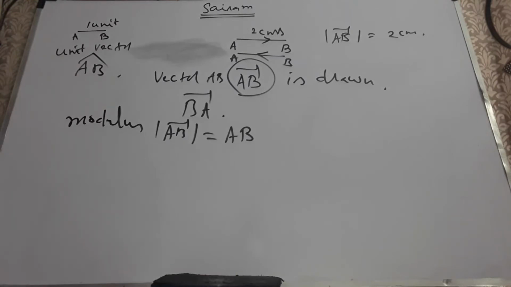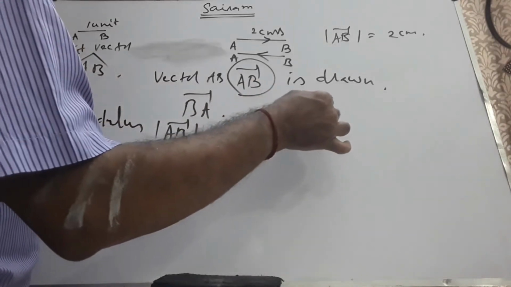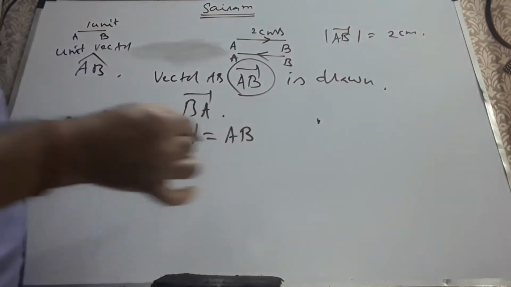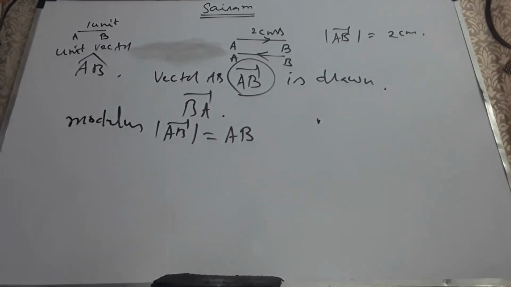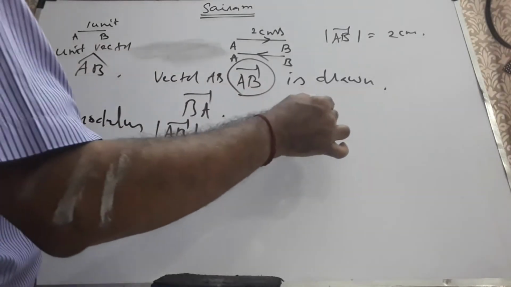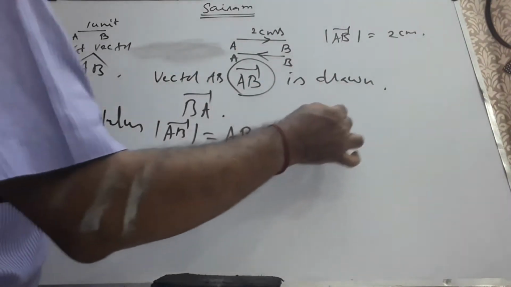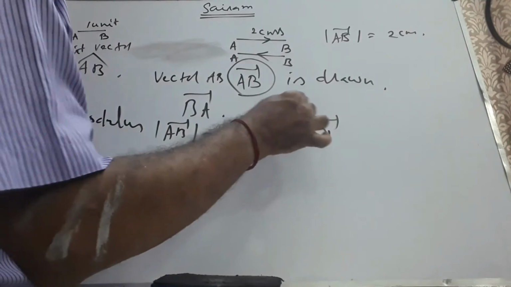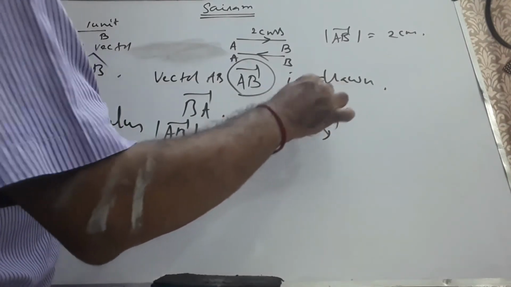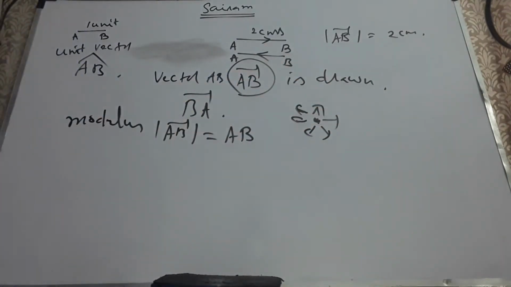Then if the length of the vector is exactly 0, it is a 0 vector. The 0 vector is denoted by simply a point. It doesn't move at all. If it moves a little bit, for example 0.1 centimeter, it will have a definite positive length. Here it doesn't have a length, therefore the 0 vector is generally denoted by simply a point, and the direction of the 0 vector is immaterial. It is not known to us, it is not defined.